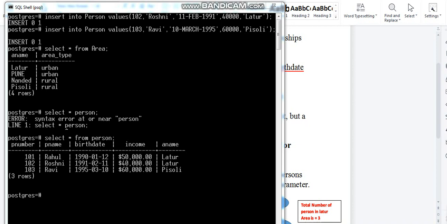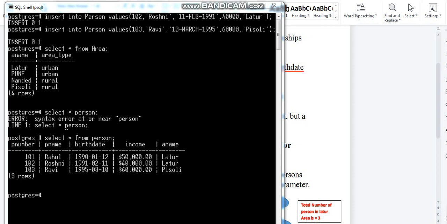I have created 2 tables and values are already inserted. In the area table you can see area names like Latur, Pune, Nanded and Pisoli, and area type is urban or rural. The person table has the attributes P number, P name, birth date, income and A name. This A name is the foreign key in the person table, which is the primary key in the area table.